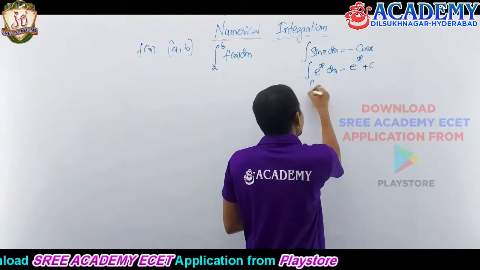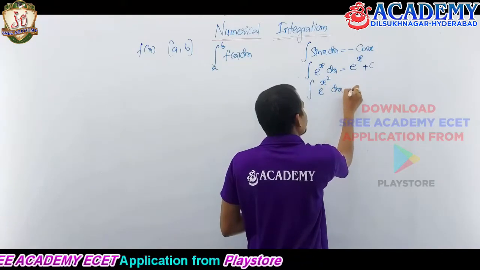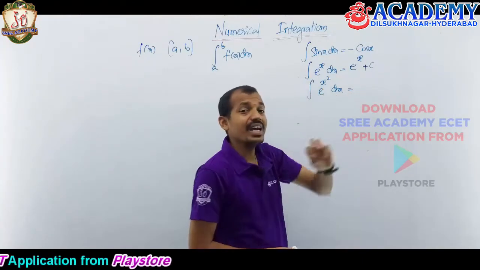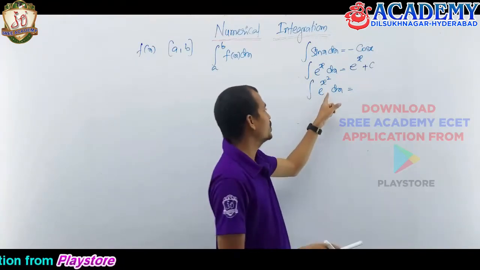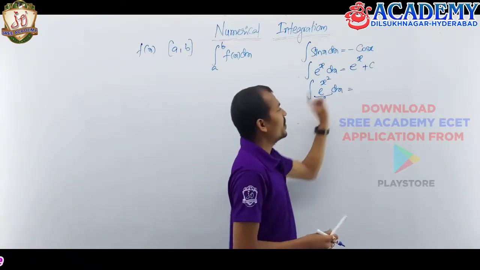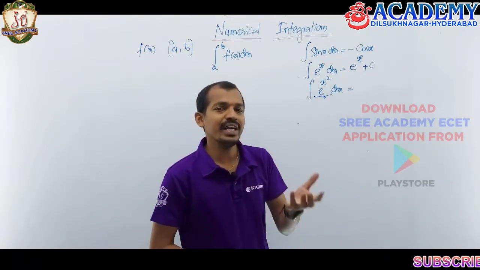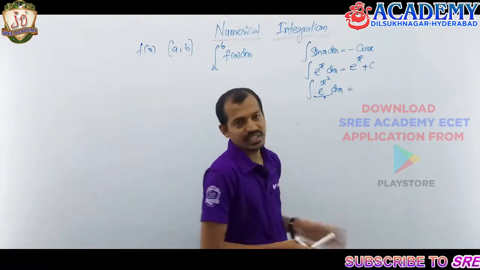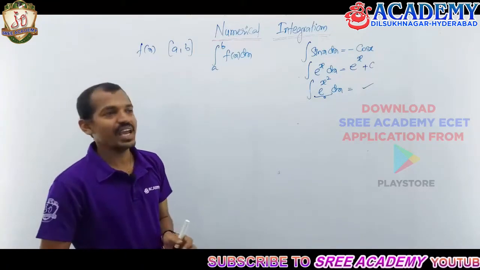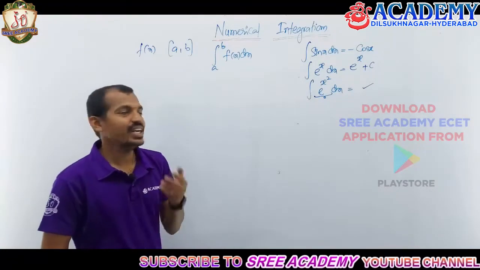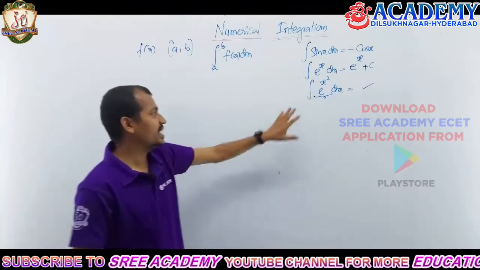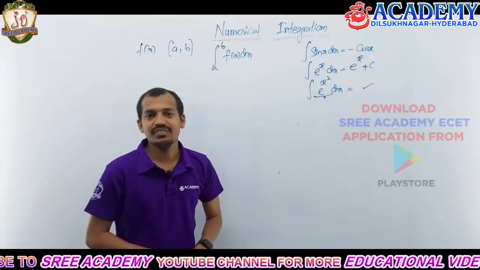Suppose we have the integration of e power x square. Instead of x, if e power x square is there, then for sure the derivative of x square should be present in the integrand. Otherwise we can't define the integral for that, that is, if you don't know the antiderivative of that function, in that case we will use numerical integration. We say that the integrand defined with lower and upper limits, that is, the definite integration values, are found by using numerical integration.